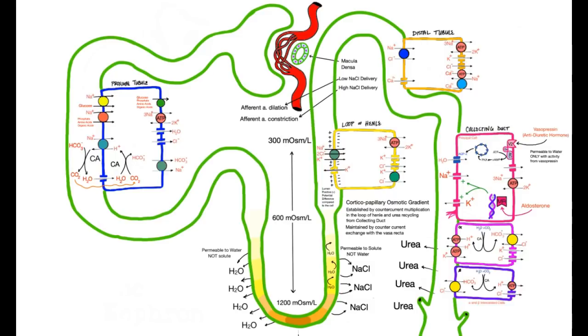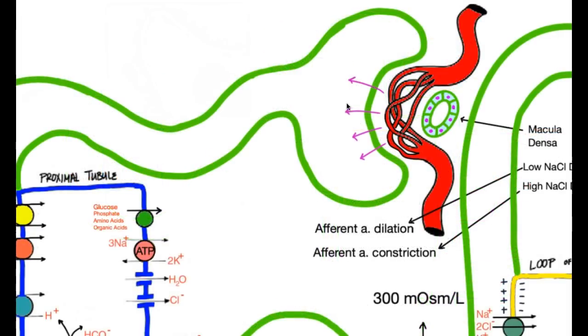Okay, we're going to do a quick run through the nephron from beginning to end, and this is going to go quick, but it serves as a great review if you are studying kidney physiology. So we're going to start at the level of the glomerulus, and so keep in mind the layers here include